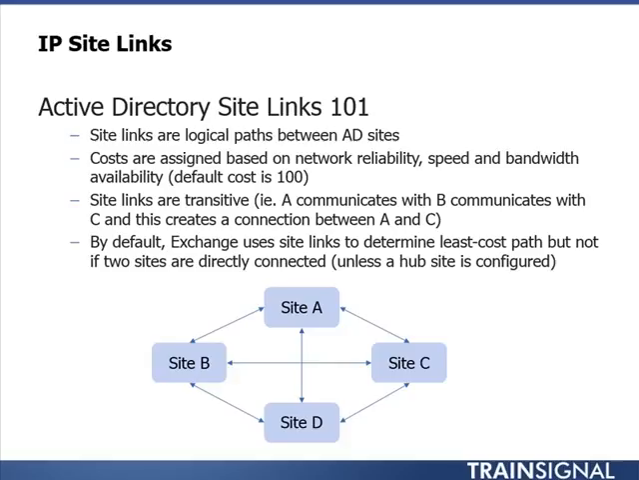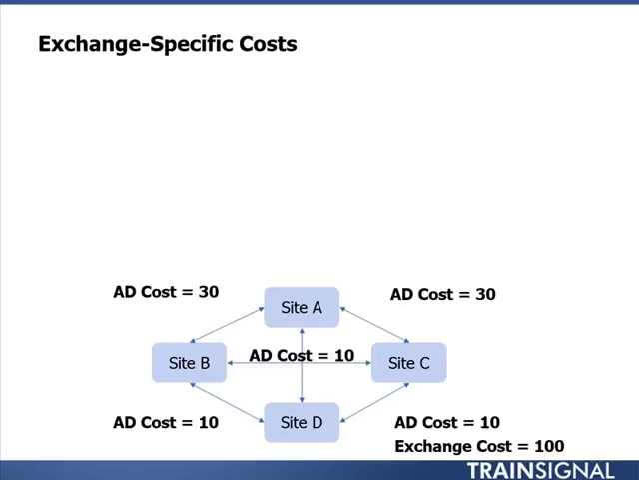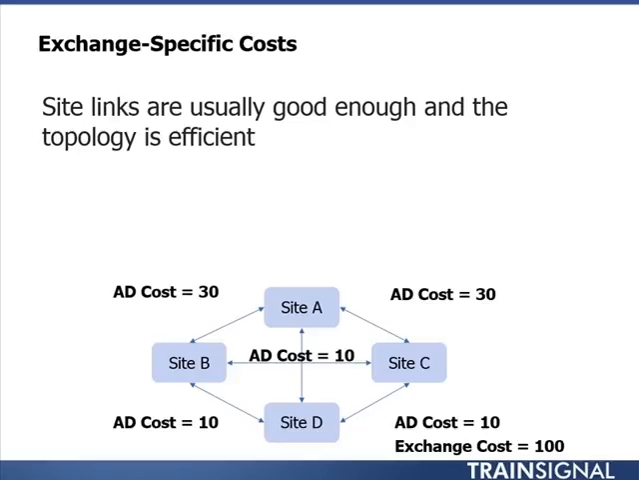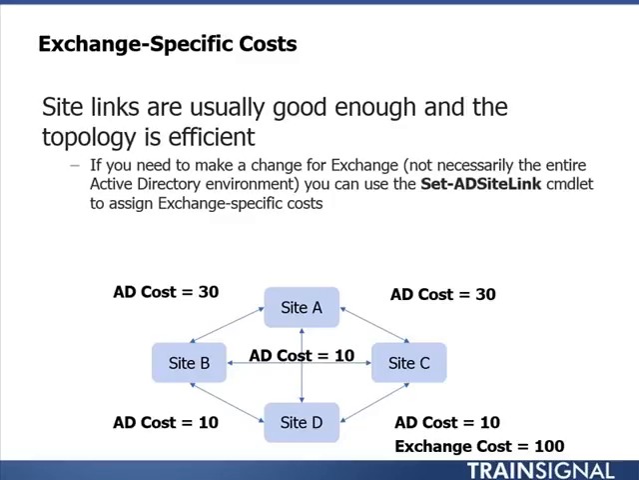So let's talk about Exchange-specific costs. But usually the site links are good enough and the topology is efficient enough for your Exchange routing to just utilize Active Directory as is. So keep that in mind. You don't want to go micromanaging all of the different costs within your organization if you don't have to. But it's good to know that if you wanted to make a change in terms of how mail flows, you could do that. So if you need to make a change for Exchange, not necessarily the entire Active Directory environment,